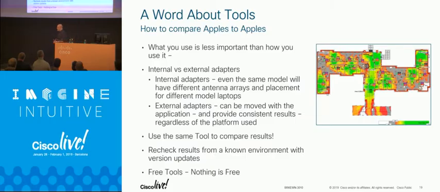And I always recommend an external adapter. I have literally seen 3 of the same model laptop with 3 different antenna patterns and 3 different radios in them just because they were 3 months apart. So you get different components, you won't get consistent results. Of course, you can merge all your results together with Ekahau and a couple other tools. If you're going to do that, base it on something like the Sidekick or an external adapter that you know what the range is.